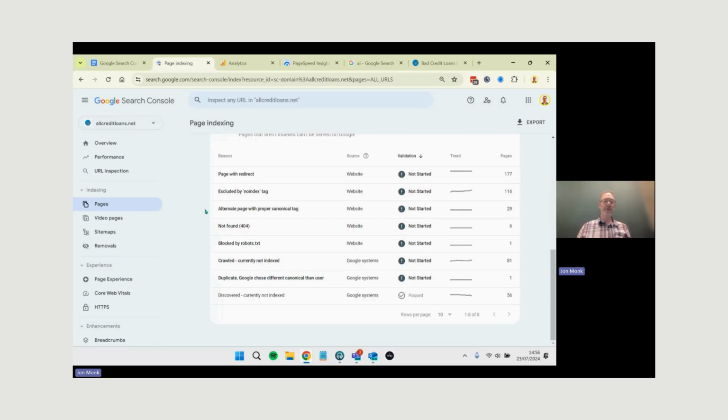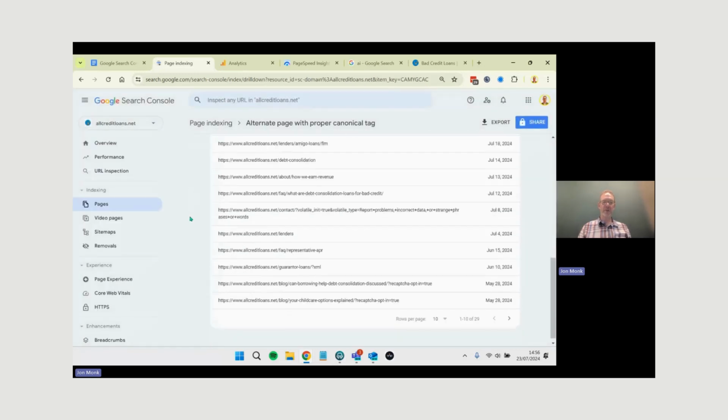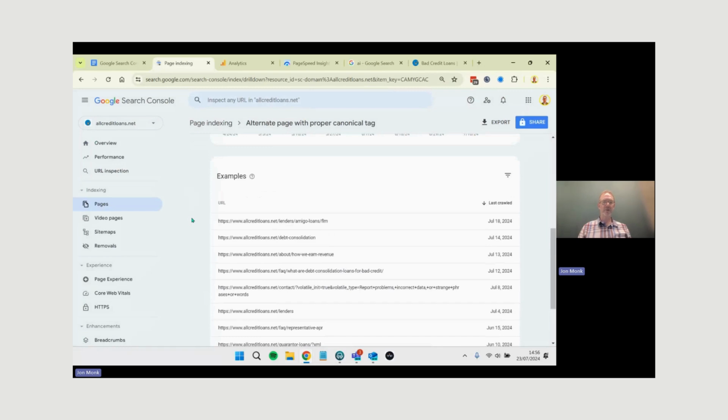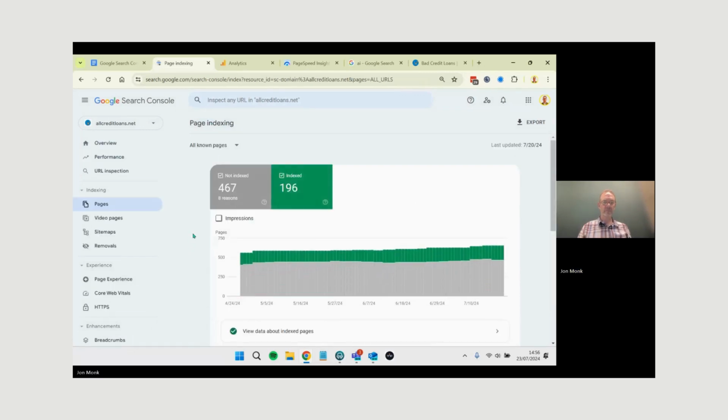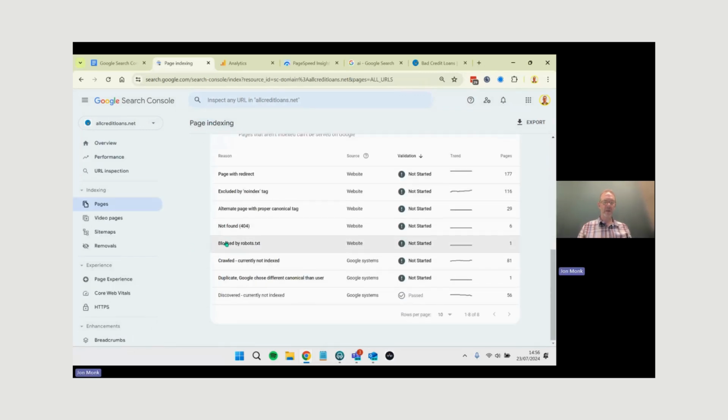So again, these pages will not show up on your website, and it's worth just double checking on here that there's nothing that looks a bit strange, where it's saying somewhere else is the original. Okay, so